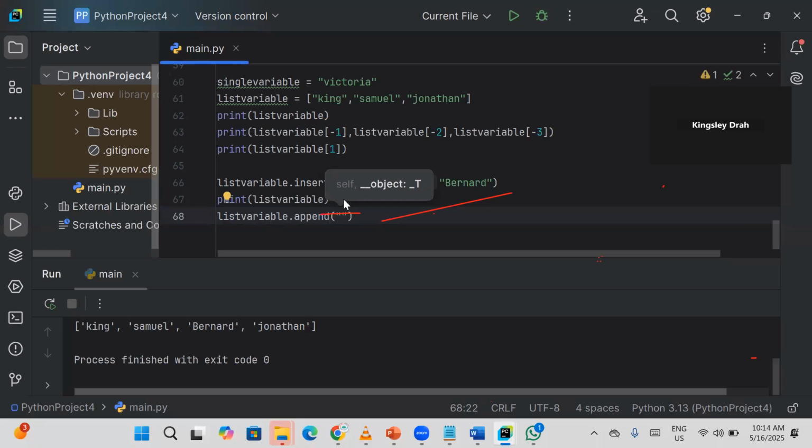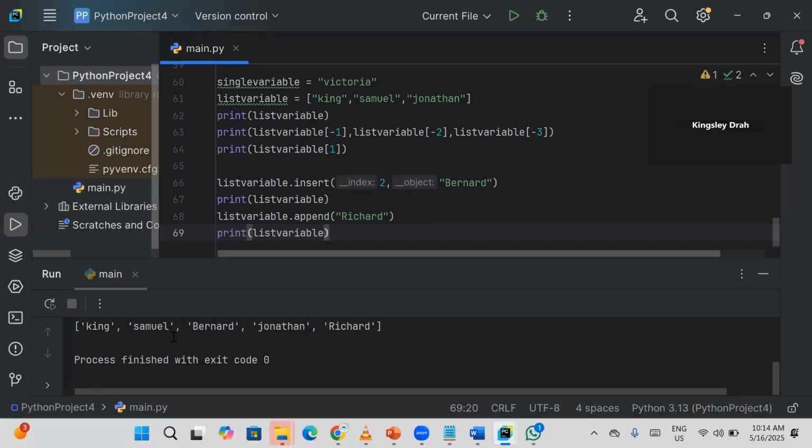Then I can go ahead and put in maybe Richard. Once we are done, we can go ahead and print our new list. So you can see that with the append, Richard has now been added onto our last item here. So with append,